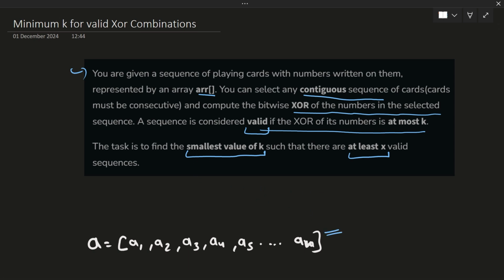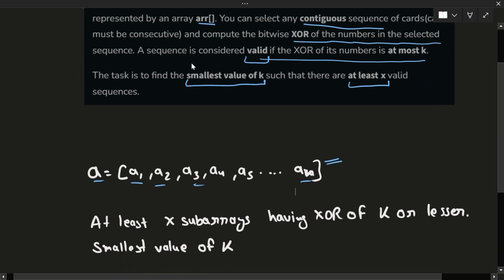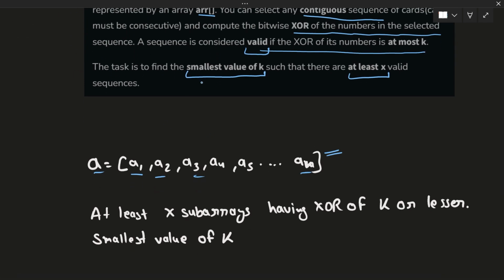Let's say we are given an array A with some integers a1, a2, a3 up to an. It says that we have to find the smallest value of k such that there are at least x valid subarrays. So for each value of k, there need to be at least x subarrays, right? At least x valid subarrays. So we have to find a value of k such that there are at least x subarrays which have a